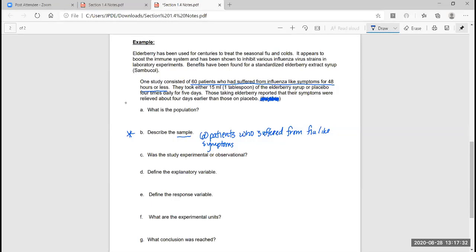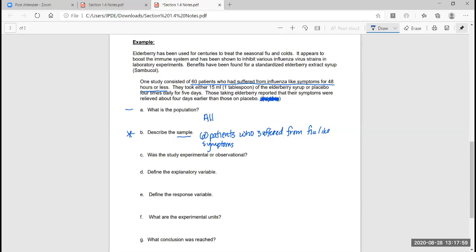Let's do the population now. When they did this study, let's get in the mind of the researcher. Why were they doing it? What group of people, or what group in general, are they hoping to be able to extend the results to? I'm going to start with the word all. And with the population,